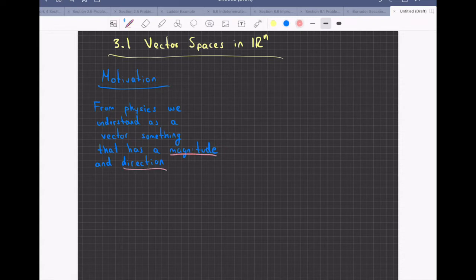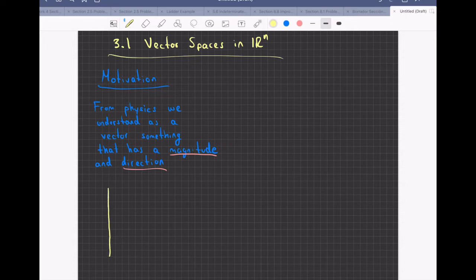Magnitude and direction. And that interpretation is okay. So we can say that the vector depends on two things, right? I mean, it has two numbers associated to the vector. Or well, maybe from physics as well,